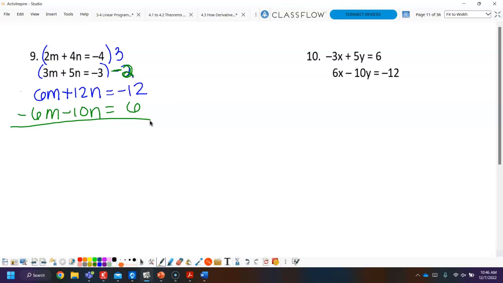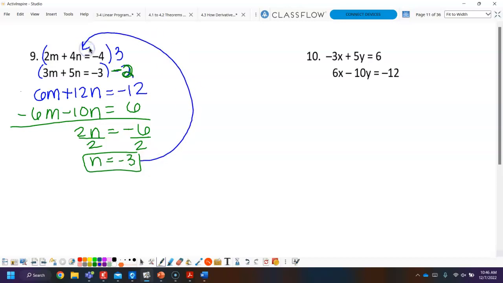So 6m minus 6m is 0. 12n minus 10n gives you 2n. -12 plus 6 is -6. Divide by 2, and you get n equals -3. Never ever plug your answer into one of your multiplied equations. Always take this one and plug it back into one of the originals. The reason for that is the numbers are smaller, and if you made a mistake, you're going to pick up on it. So you get 2m